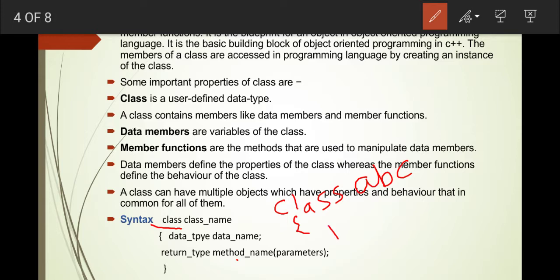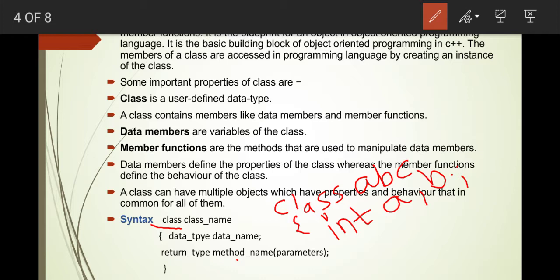For example, suppose I write int a, b. So this a and b are variables inside my class. That's why these variables are called the data members of a class.